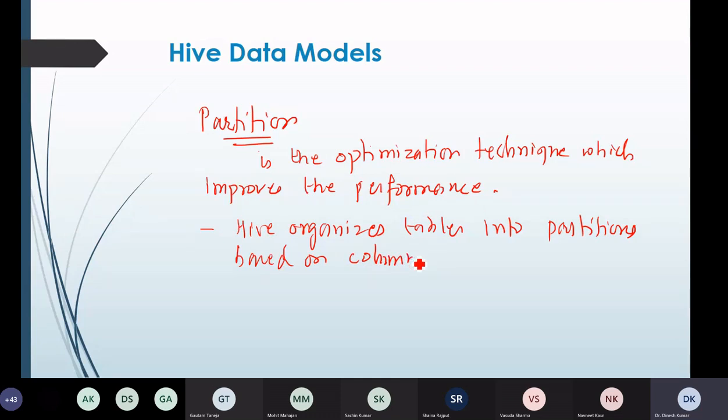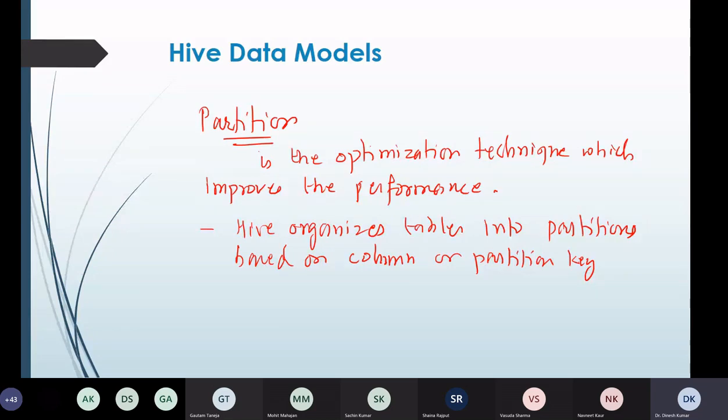Right? So the gist of this particular topic is that we have a large data set, and Hive provides us a functionality through which we can divide the large data set into smaller tables, which are called partitions. Fine.